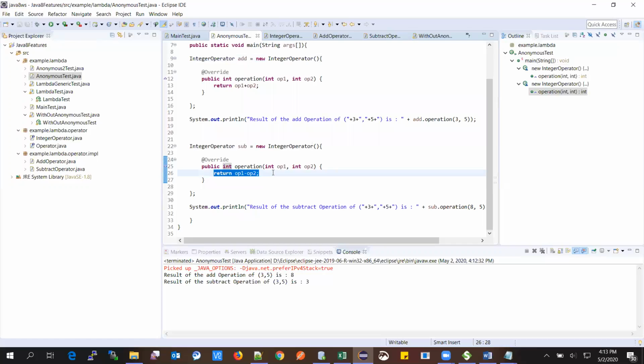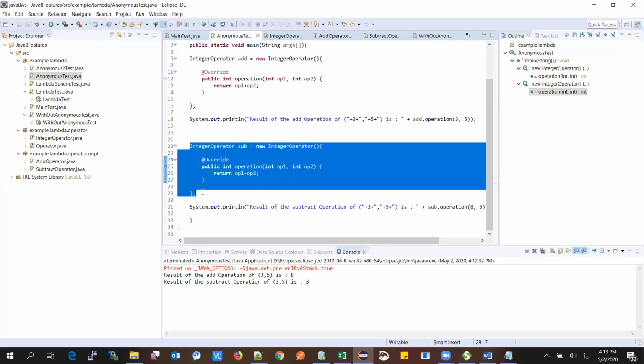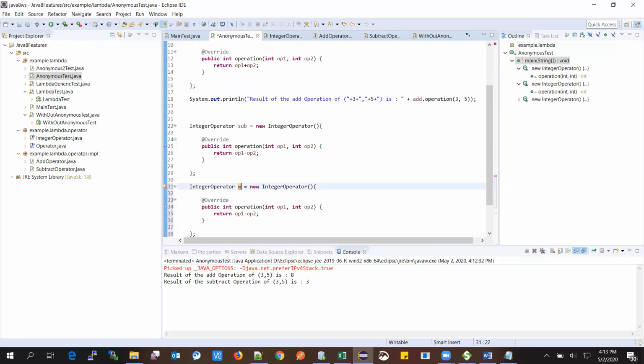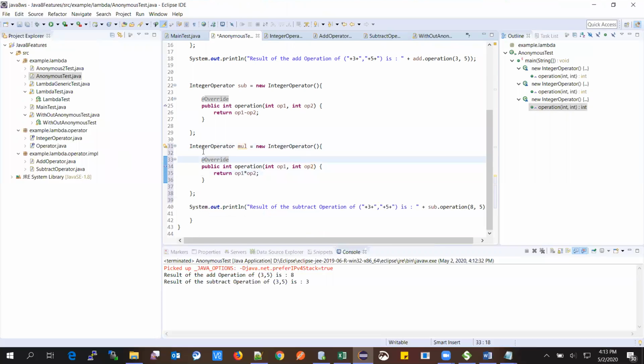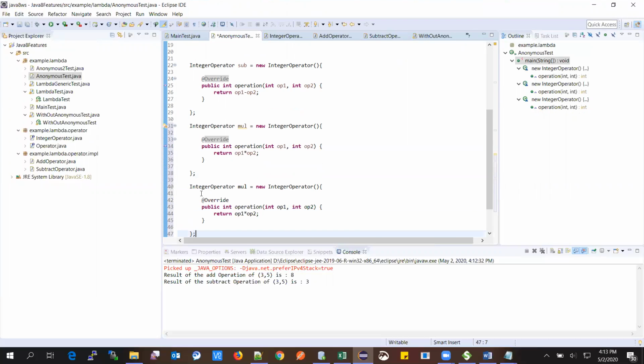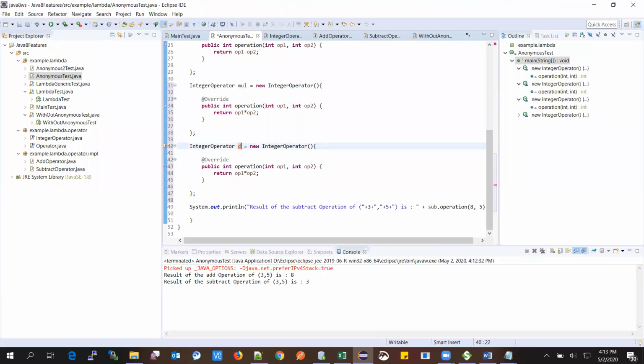If you create one more operator called multiply, mul, what are you going to change? Only this: the operator, op1 star op2, that's it. If you have one more operator, divide, what are we going to change?